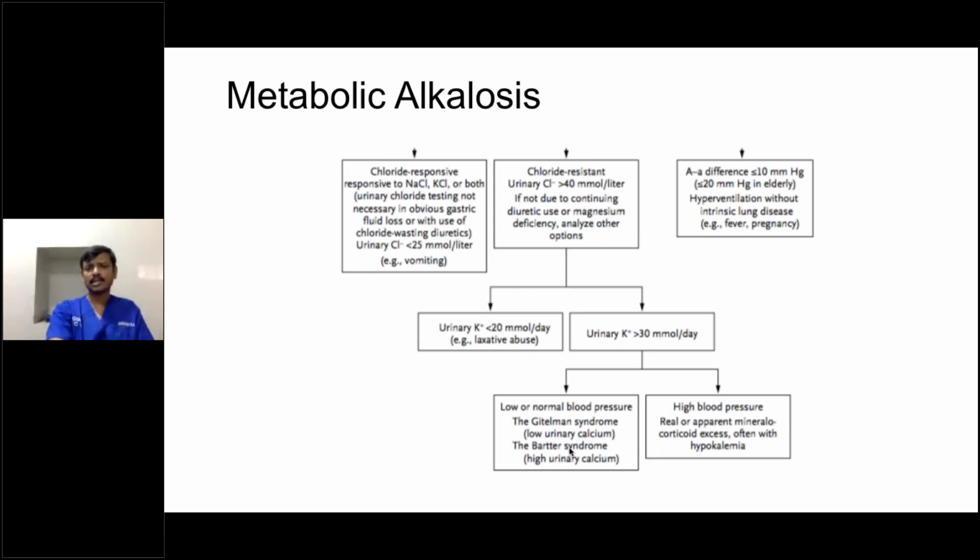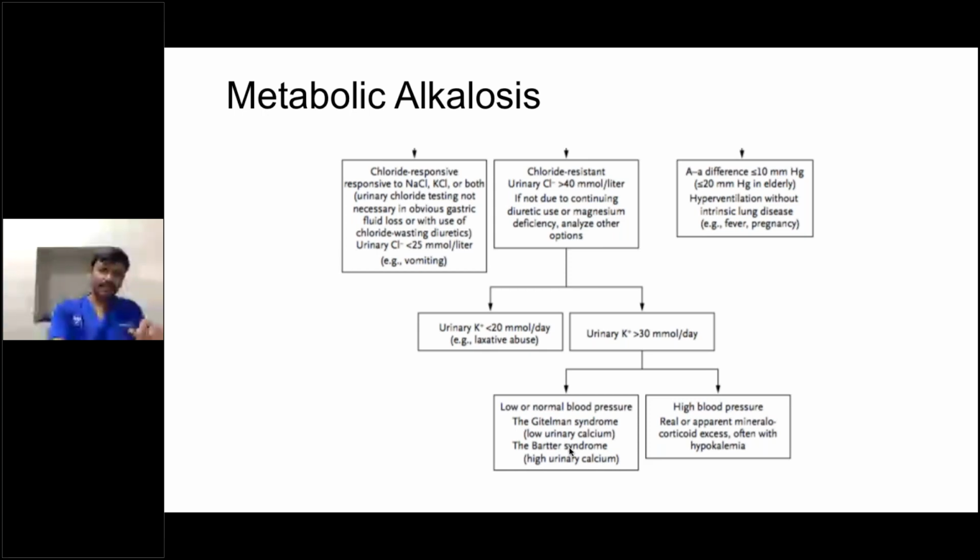This is the last step. You can consider it in an early step also if a patient has a primary respiratory disturbance. So the moment there is a metabolic change, the pH is varying and there is a carbon dioxide problem, we call it a respiratory problem. The moment we know it is a respiratory problem, we have to divide it as either acute or chronic. How to divide acute or chronic? That depends on the pH.